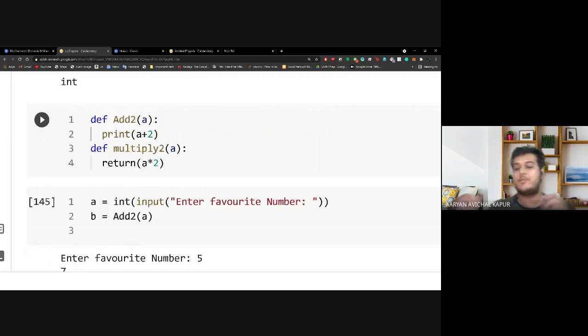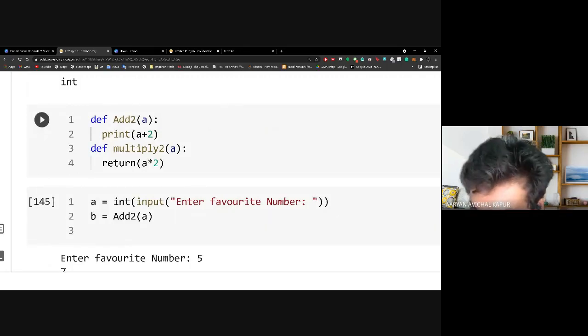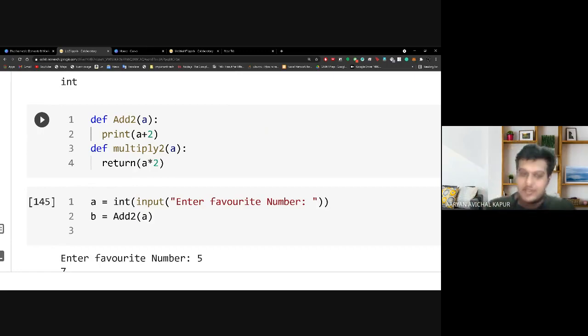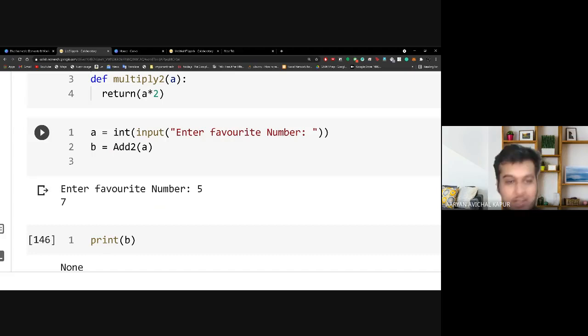So print is for printing, print is for showing everyone. So return is not compulsory. As you can see, we can use print, but return simply gives me the value, the object, and I can use that in the future in variables as well. But print simply prints it. It shows the value, but it does not allow me to save it in a variable.